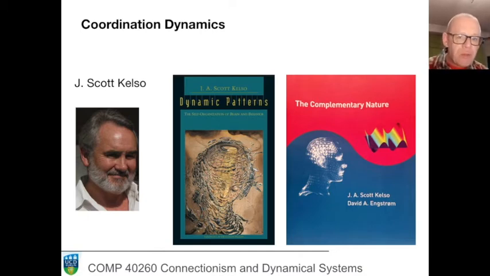Coordination dynamics became extremely influential, has been developed in very many ways, and it led to a second book about 2002, I think, called A Complementary Nature, together with David Engstrom.